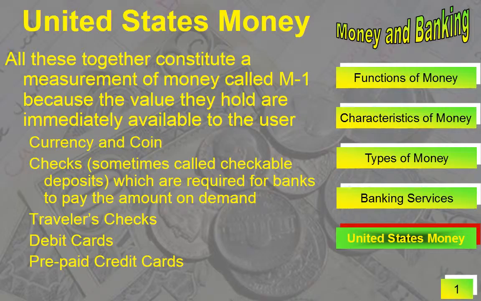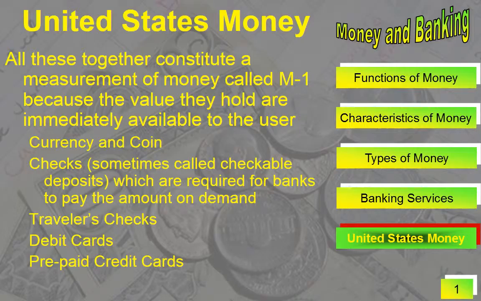Now, M1 is a measurement of all the money that is immediately available to the consumer. So you're wandering around Walmart, Target, or pick your favorite store, and you put a bunch of items in your cart and you walk up to the register. At that instant, what money is available to you to pay that particular store? Well, you probably have cash in your pocket, whether it be paper money or coin. All of that money in the entire economy that is in currency, paper and coin, is part of M1 because you could pull it out and pay right there.